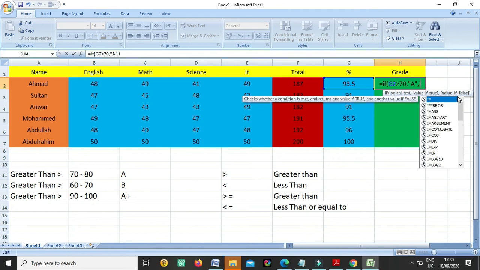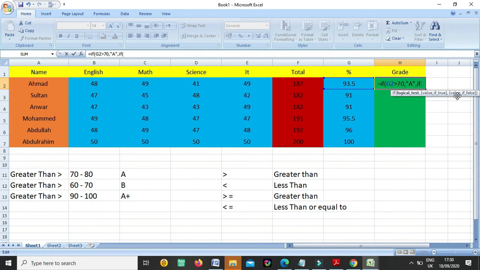If again somebody has, again what is the cell number? G2. If somebody has greater than 60%, then what will happen? B grade.